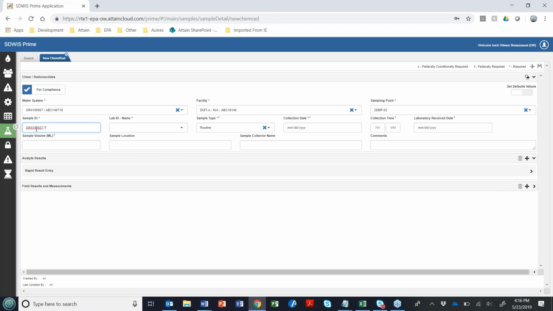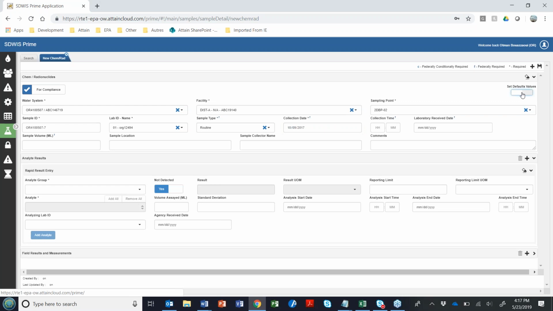So this is sample number 7 of this water system. And as I say, this one was collected on October the 9th, 2017. Let's use the set default values because we're going to have to enter one last sample.